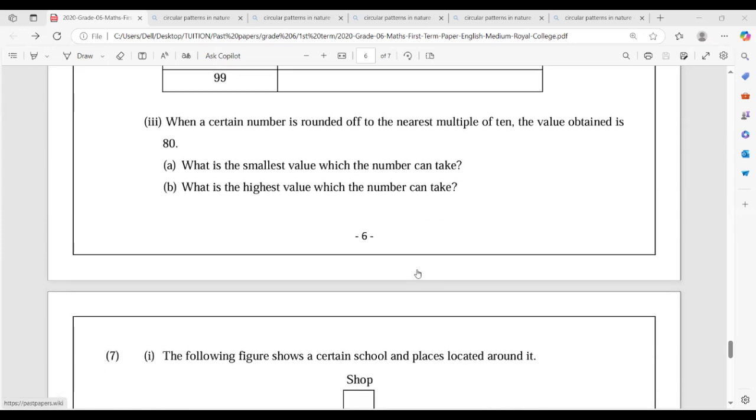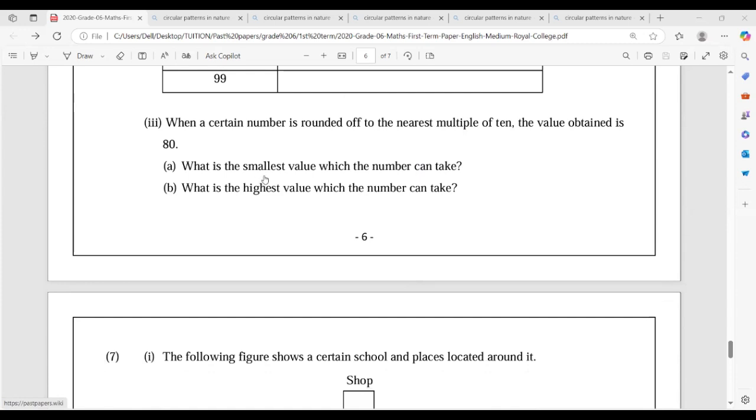When a certain number is rounded off to the nearest multiple of 10, the value obtained is 80. What is the smallest value which the number can be? And what is the highest value which the number can be? So when you have rounded this to the nearest 10, it is 80. So there may be 81. If you have 81, that will also be rounded to 80, 82, 83, 84, or 85. If you have 85, it will be rounded to